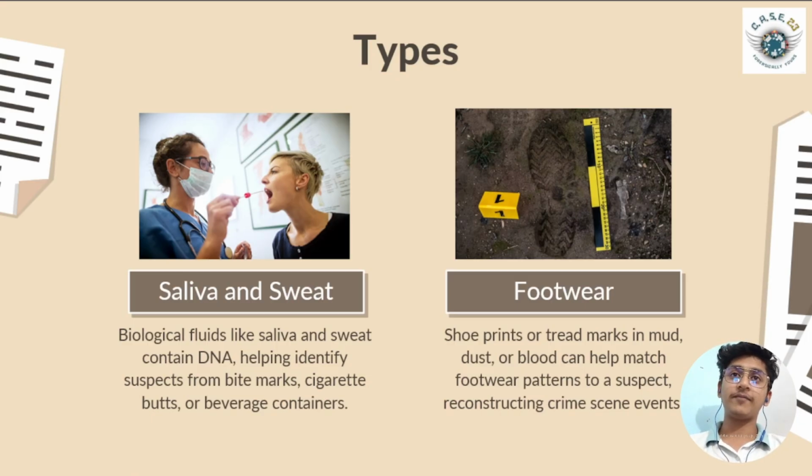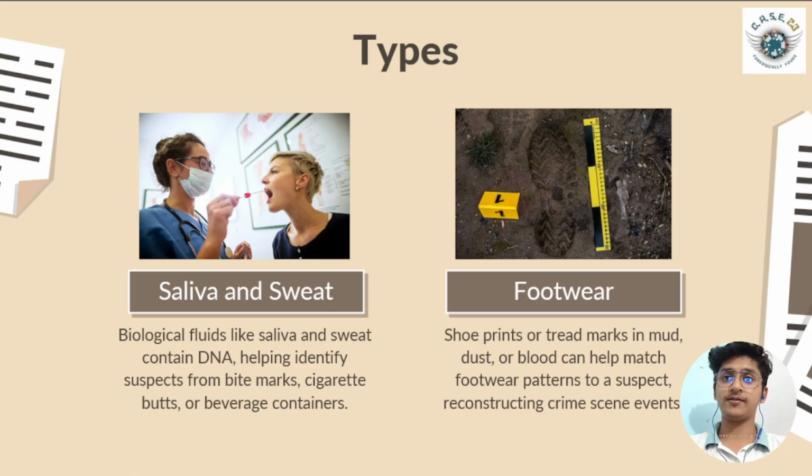And then the last type of evidence are shoe prints. Now shoe prints are not something we think about when it comes to crime scenes. So you might be wondering, how can shoes help solve a crime? Well, footwear impressions can tell a lot more than you think. Imagine a muddy footprint left at a crime scene. That single print can reveal the brand, size, and even the wear pattern of the shoe, which can help investigators